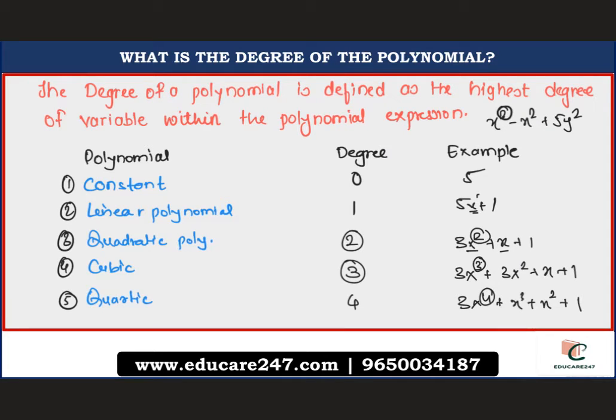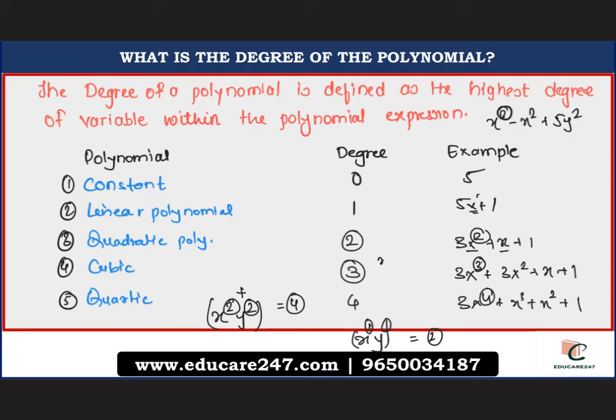Now suppose there are two different variables. If I have x square y square, in this case the degrees are combined, 2 of this and 2 of this, so the total degree over here is 4. If I have x and y, it is a combined form of two variables, so one of this and one of this, so the degree is 2. Actually, the degrees are added, not multiplied.